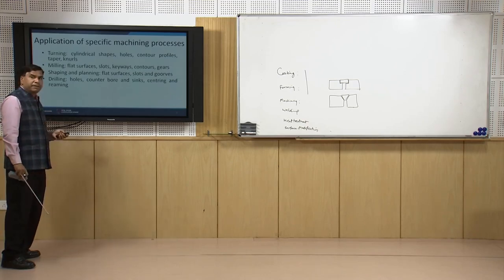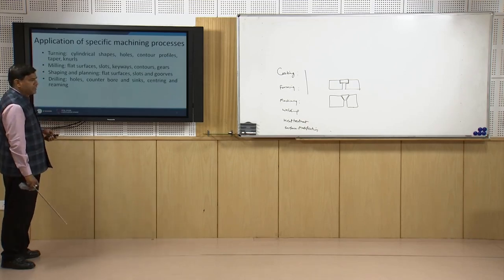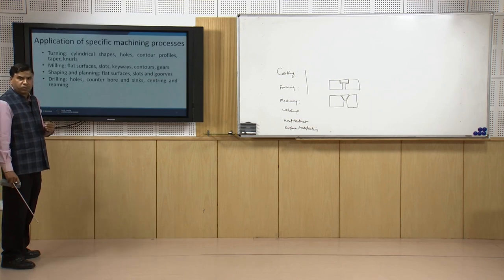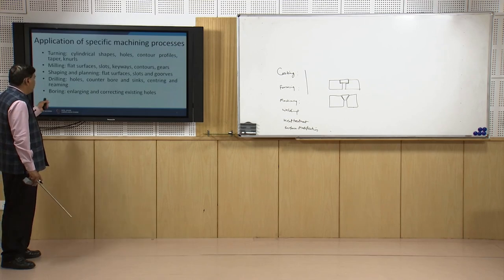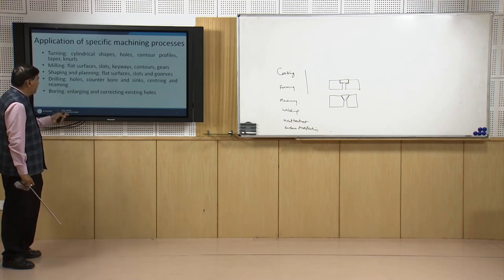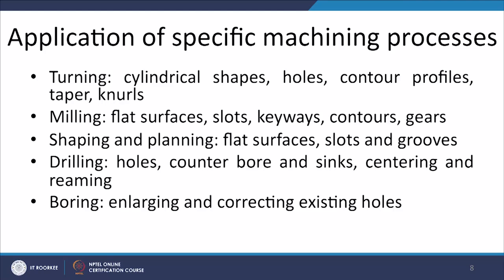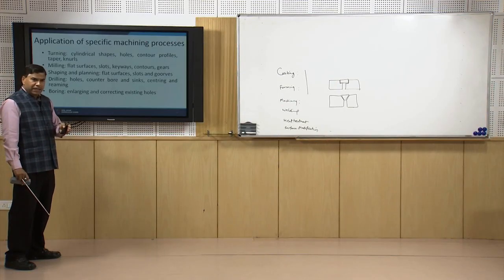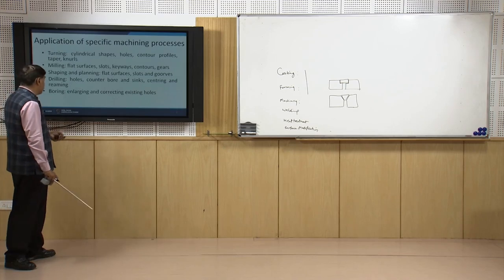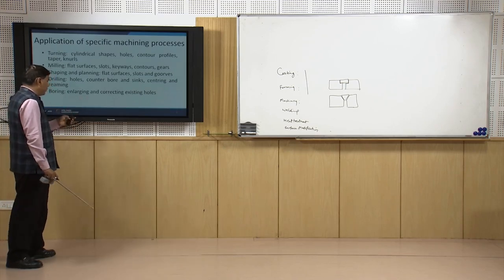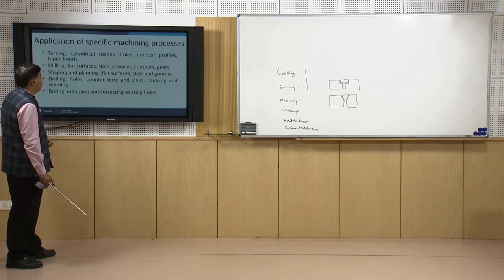Reaming is basically the finishing process of already existing holes, so that closer control over the surface finish and the dimensions can be achieved. Boring is the machining process primarily used for enlarging the size of a hole, and also correcting the existing hole. If the hole has been located incorrectly, and if it is of a smaller diameter, then it can be correctly placed. So, correcting the hole location and the enlargement of the hole